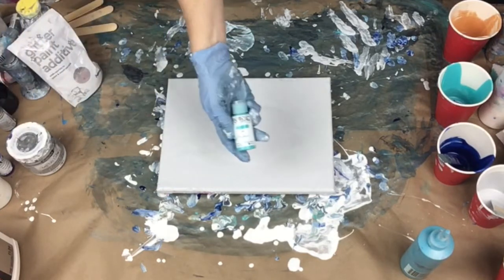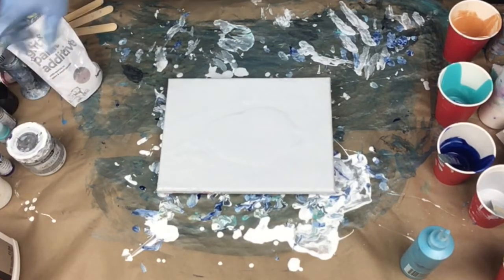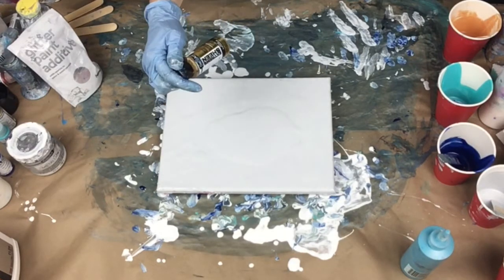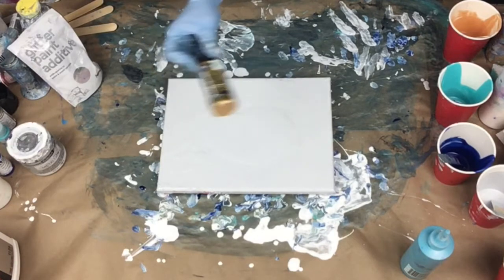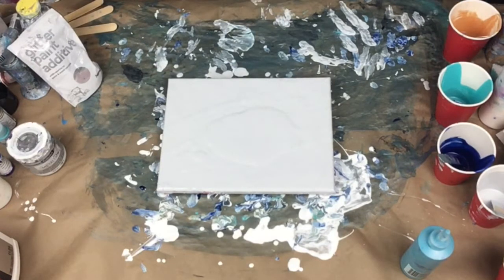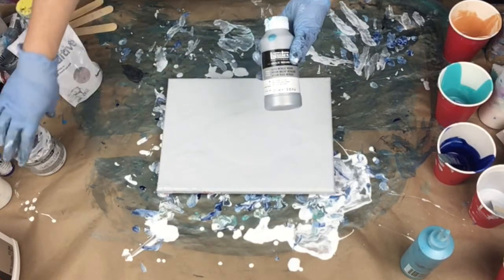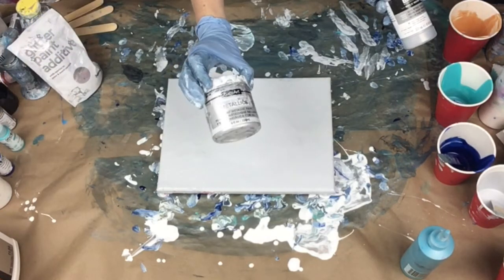I'm using Teal by Golden. And I'm using this Extreme Sheen Metallic Gold, which is 24 karat gold. It's amazing. And then I'm using White Artist Loft mixed with this Silver Metallic Medium mixed with Deco Art Metallics